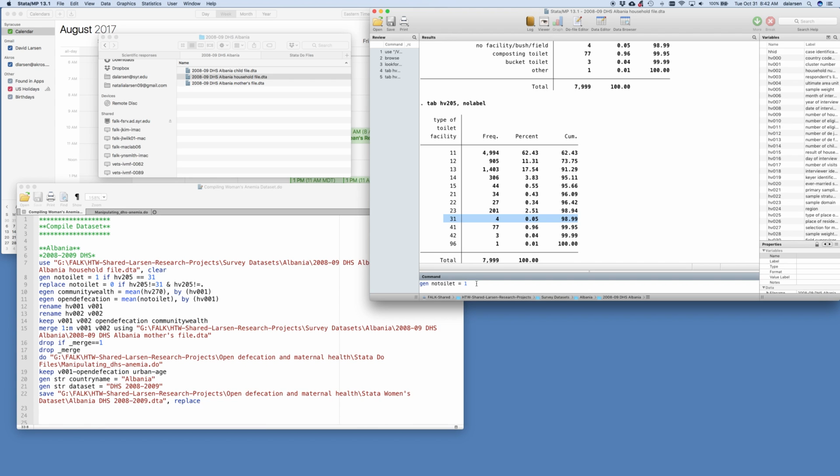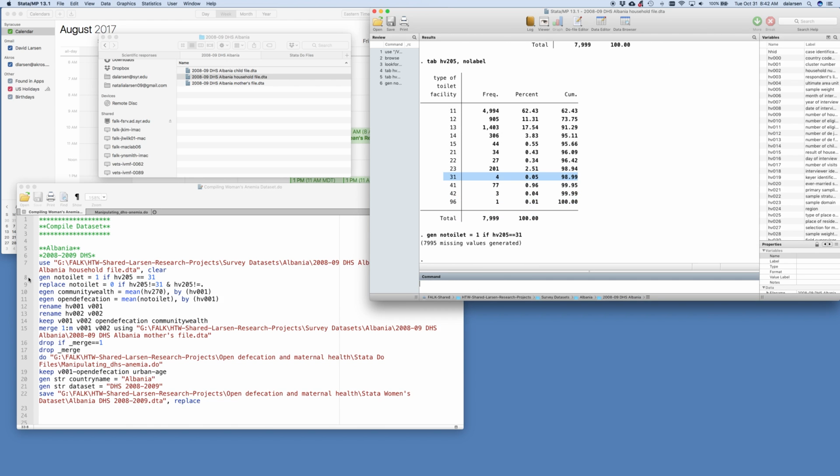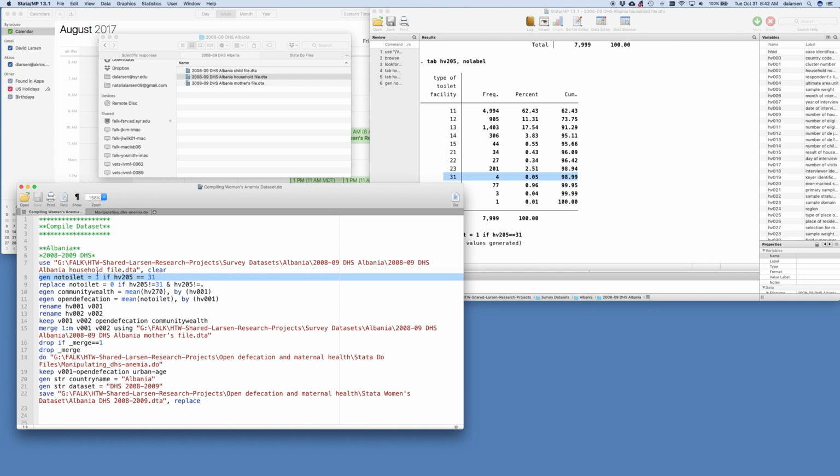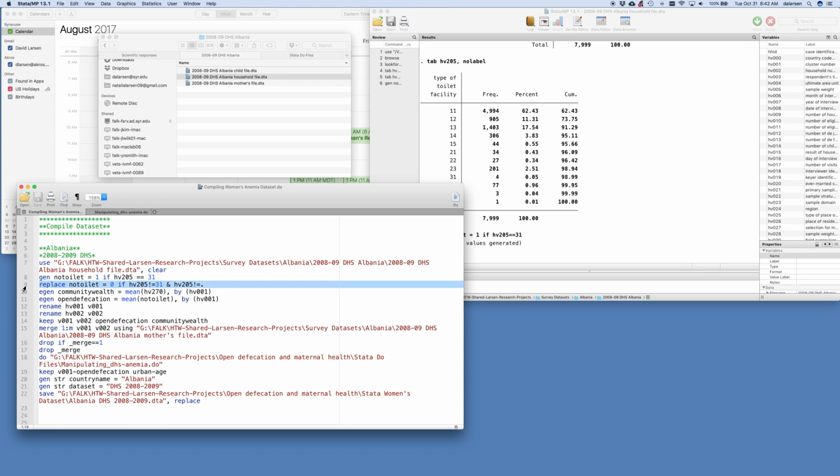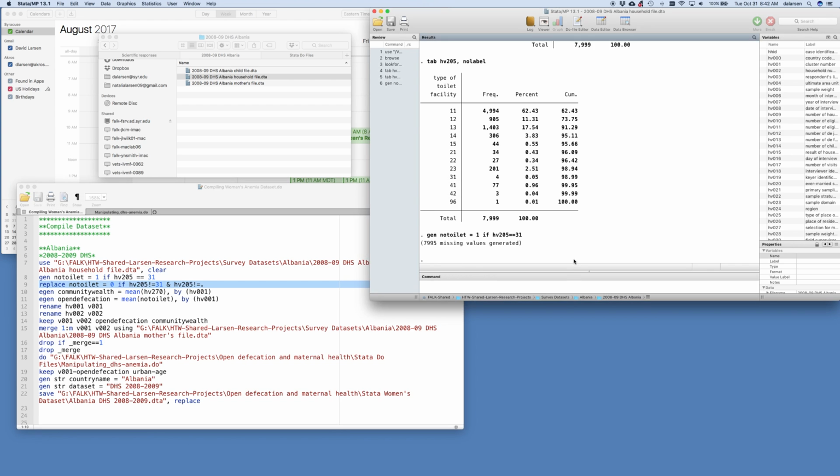And this variable is descriptive. When we look at 0 and 1 variables, we often have 0 coded as no and 1 coded as yes. So this variable, no toilet, does the house have no toilet, equals 1 if HV205 equals 31. You can see this on line 8 of our do file right here. That's that first line. We then replace no toilet